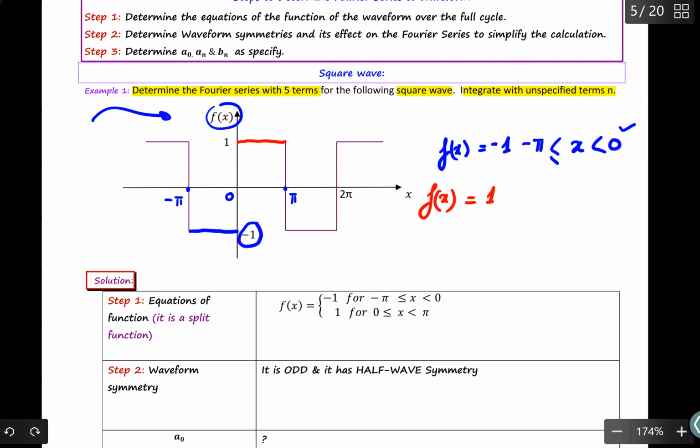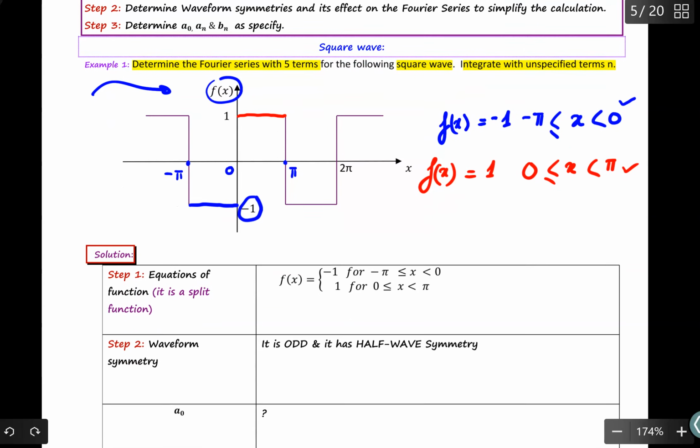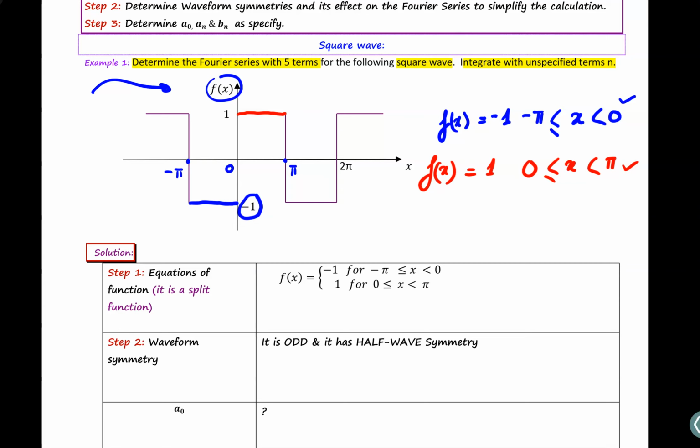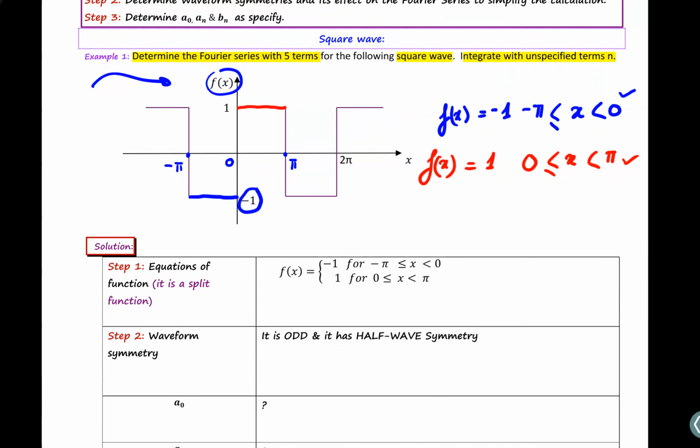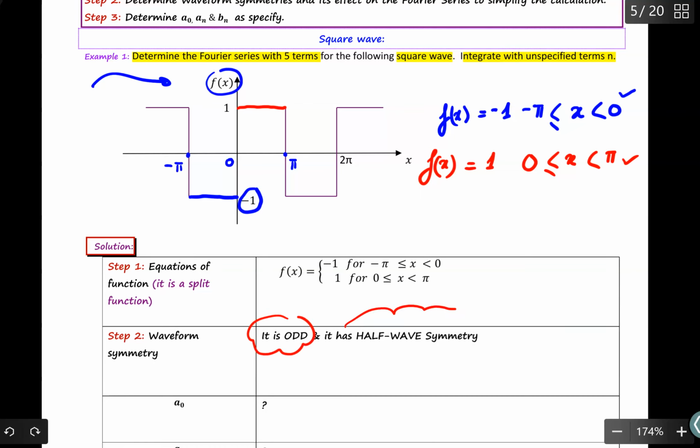Okay, so when f(x) is equal to 1, given that x is less than pi and greater than 0. It is a split function, therefore I have to have two forms of this function. This graph is given to me and its functions are given to me. The next step is, it's also given to me that this function is odd, and it has halfway